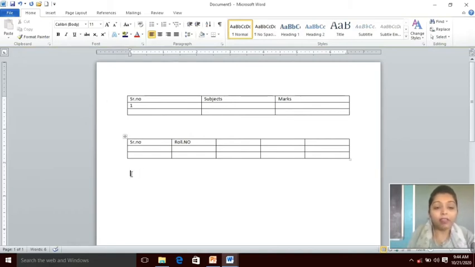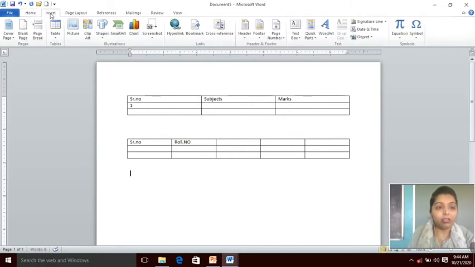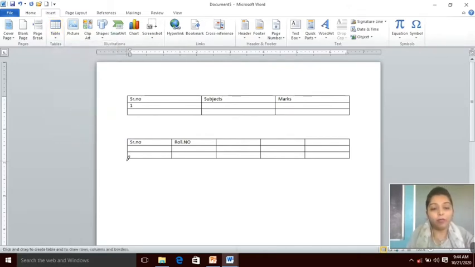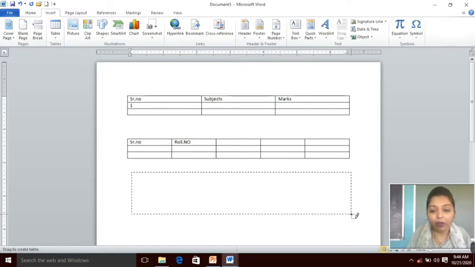I will place the cursor where I want to insert the table. I will again click on the insert tab, table, then draw table. See, there is also an option of draw table. Now you can see the mouse pointer has been changed to pencil. Pencil में change हो गया. Now what I have to do, I will drag it. See, okay.